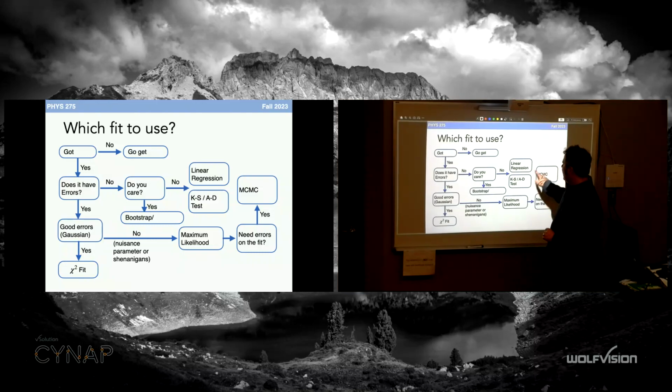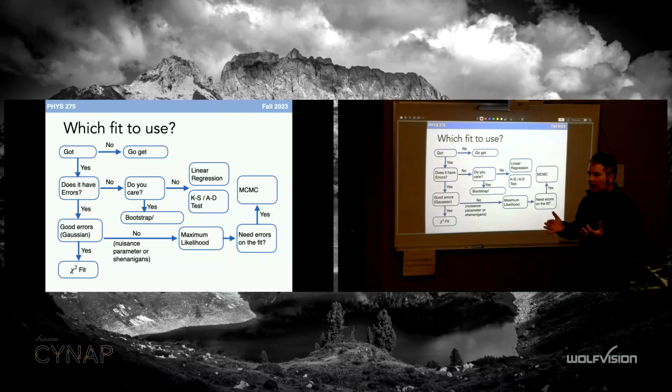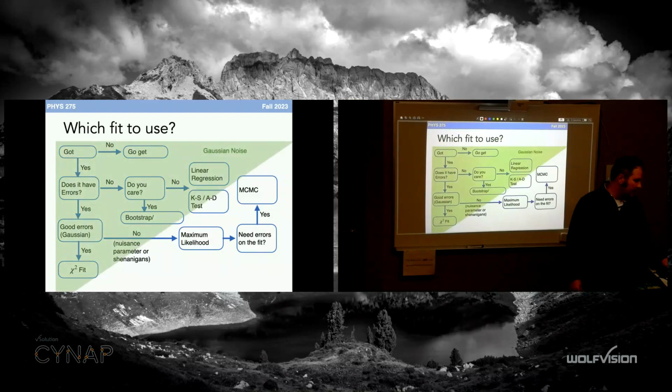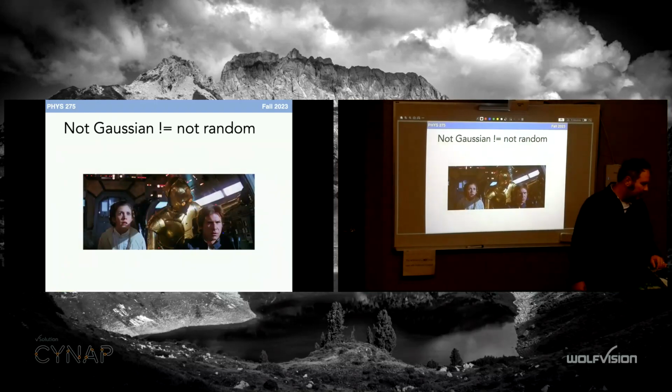So I want to talk about MCMC today. There is how you use it, what that looks like. It's not necessarily something that I expect you to be completely fluent in at the end, but we are using this way more in science, partly because we're starting to realize that various variables are weakly degenerate, so they're weakly dependent on each other, and we do want to know about that. OK, so this is Gaussian noise, and as soon as you get beyond that, you sort of need something else.